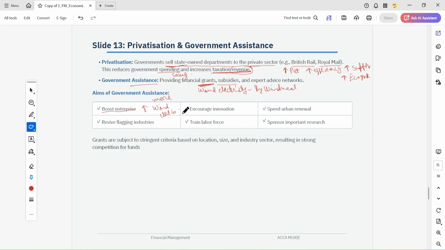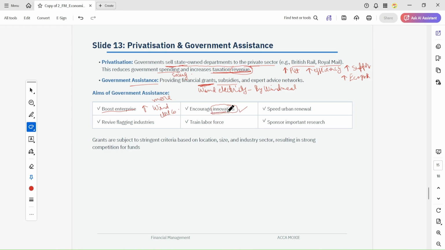So that's why the government is giving you the assistance. And another point is that when you give the assistance, these types of companies can use the grant and